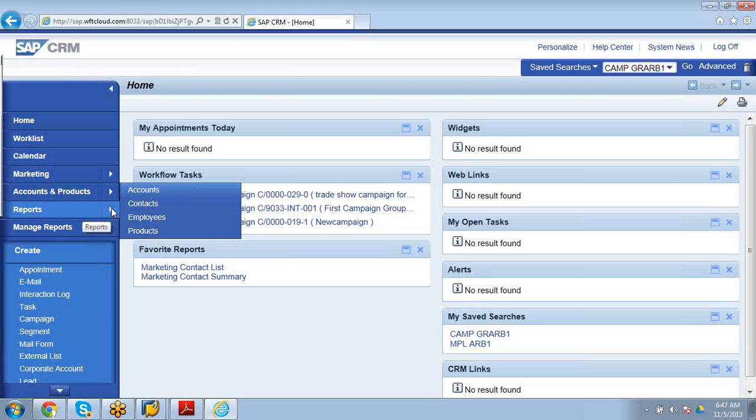Reports are integrated to NetWeaver BI or SAP BI.